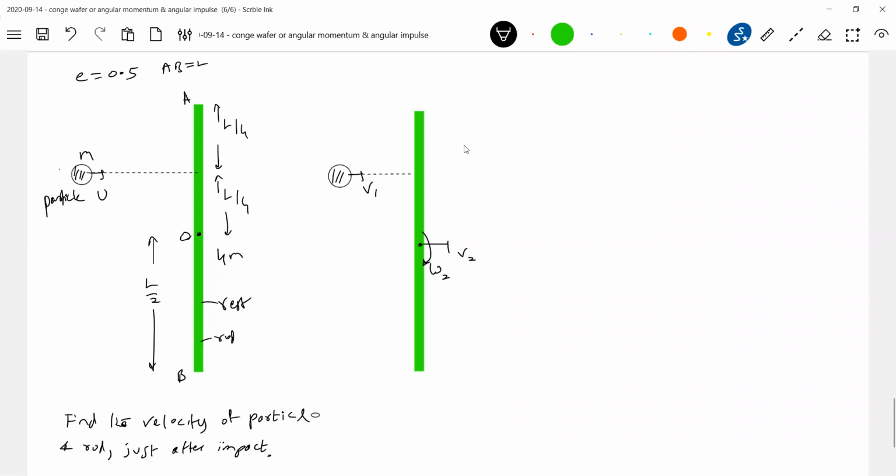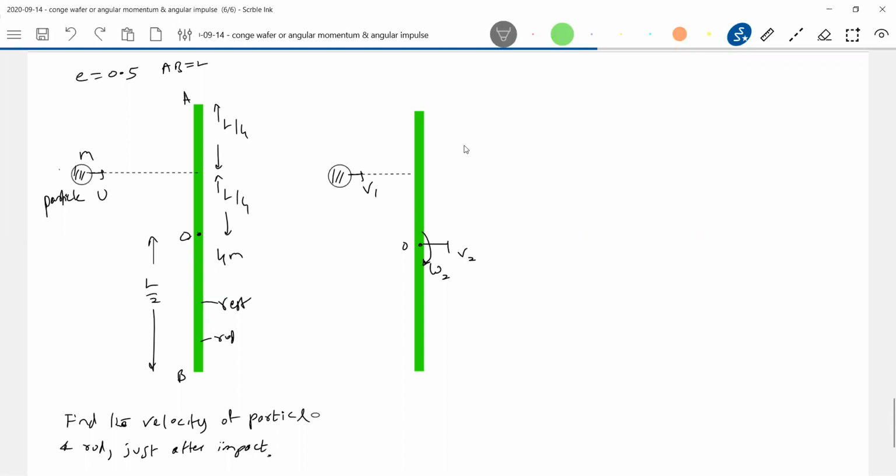But sir, in the previous problem you showed that if the particle gets stuck to the rod, you should consider angular momentum about the center of mass. Here the particle will not get stuck to the rod, and if the rod is set free to rotate, it rotates about its own center. But sir, you said the rigid body will rotate about center of mass. You see, if the particle gets stuck, the center of mass of the system will not be at the center of the rod. Your particle will not get stuck here. In the inelastic collision, e is equal to 0.5.